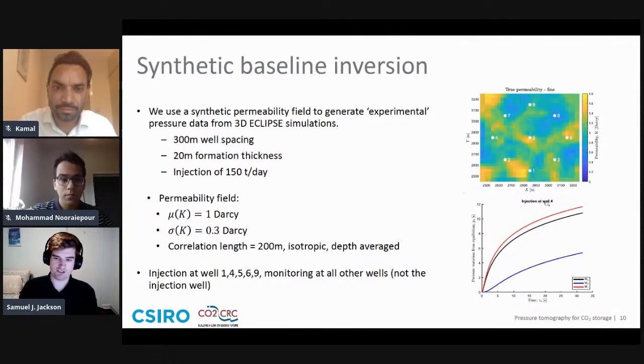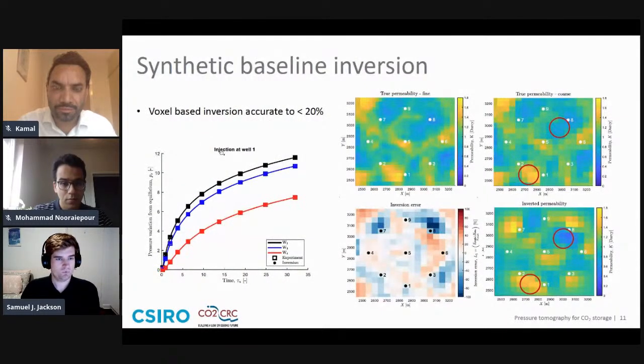So this is from the injection at well 4. We have the pressure response seen at well 2, 6, and 7. This pressure data we can then use to invert for what this permeability field should look like with our model. So when we do that, we end up with these results. So the pressure data for well 1 and the monitor data is shown here on the left-hand side. The squares are the experimental data, and the circles are